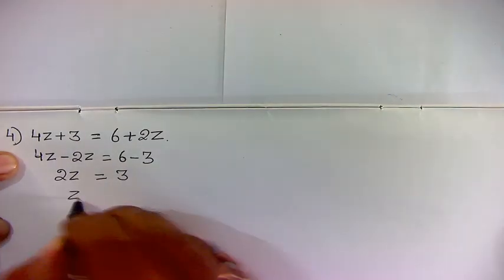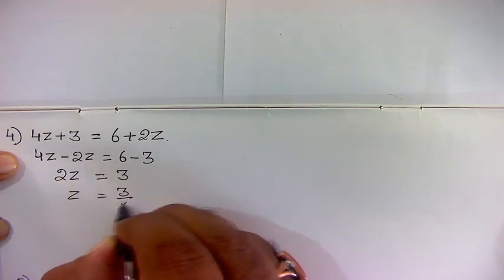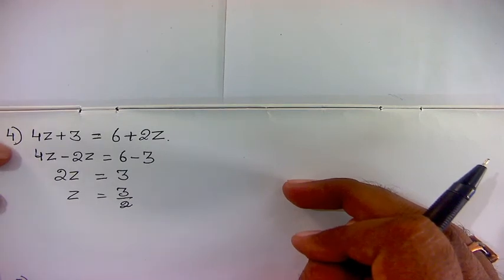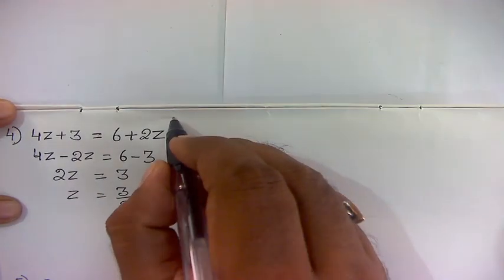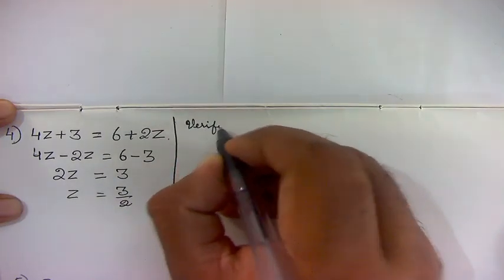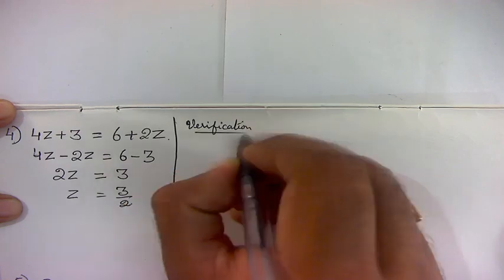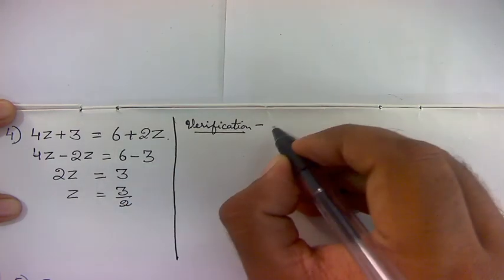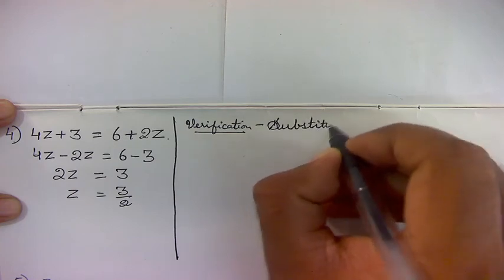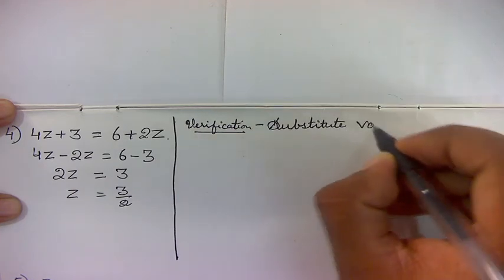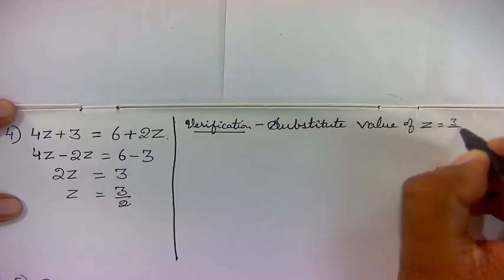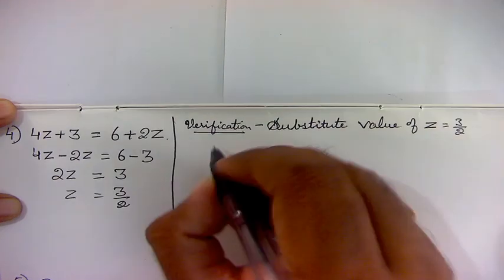So what is z equal to here now? It is 3 upon 2. So this is the value of the variable which we have. Now the next part in this is to verify. So in order to verify, what we will do? We will substitute, means to put, the value of z equals to 3 upon 2